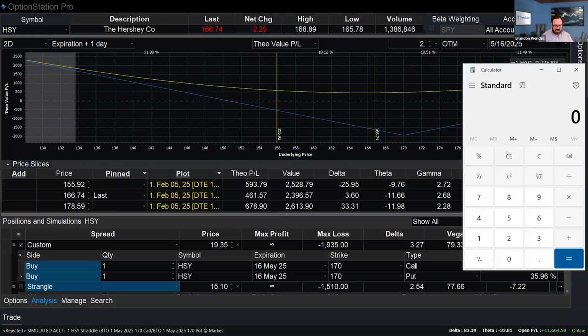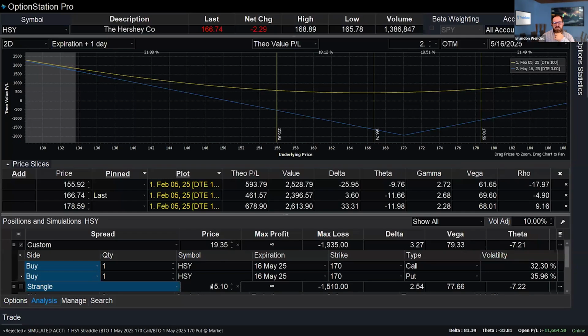Let's see. 593 minus 578. It's a $15 difference on one side. Or on the other side, potentially, $16. Either way, it's about a $15 difference in profit. The cost difference, though, is $400 cheaper. So is it worth giving up $15 in profit when you have to spend $400 more to get into the position? It may be better to put on the strangle based on the volatility movement.